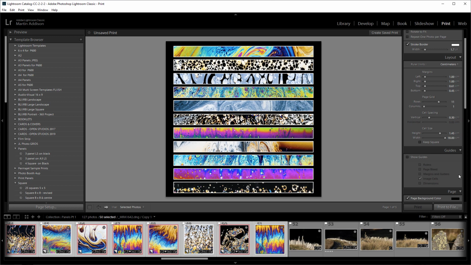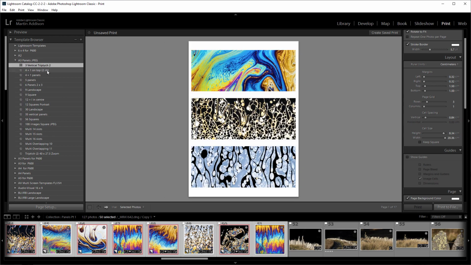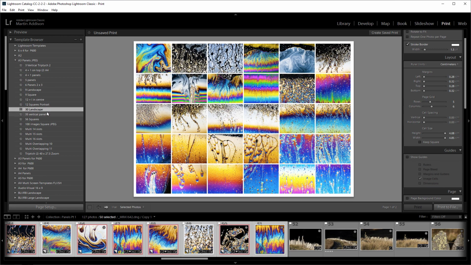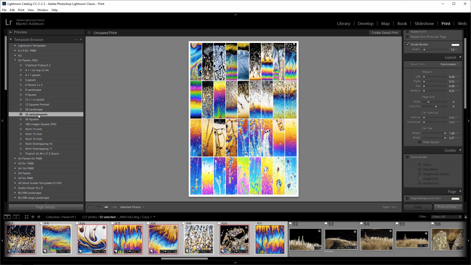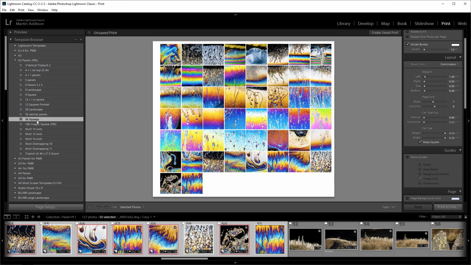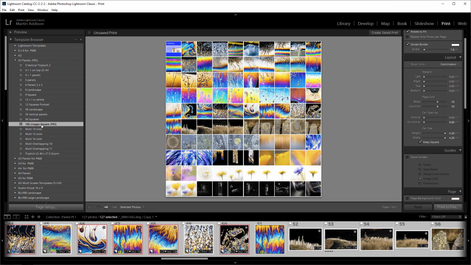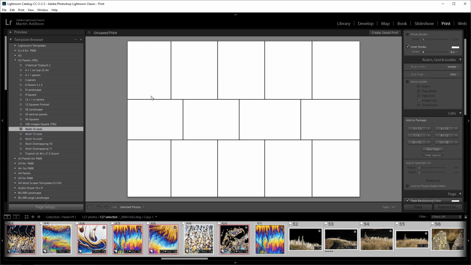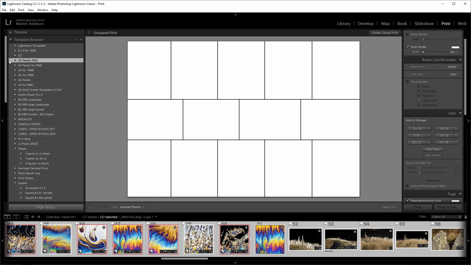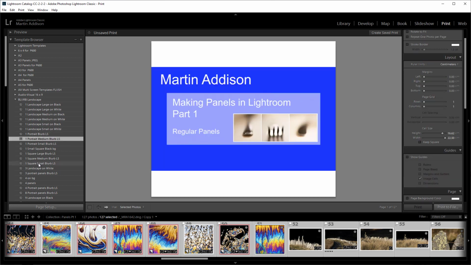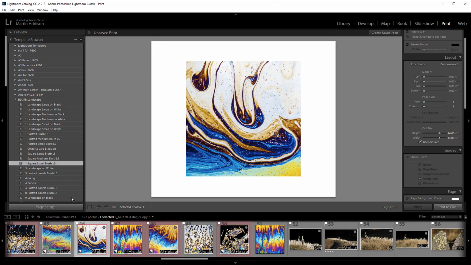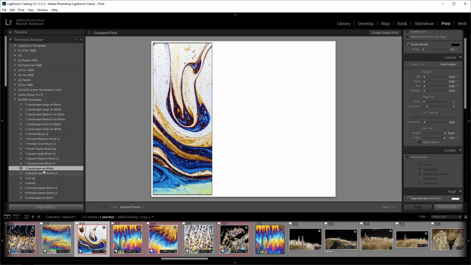Hope that's been useful. Let me just show you a few panels I've made here. So these are some A3 panels I've made. Vertical triptych, 30 landscape, 35 vertical, 56 squares, 100 images square. That's a custom one, we'll come to that later on. I've also made a number for blur books, so these are blur landscape books. So these are pictures which, just put that one in there, 3 landscape on white. So these will fit